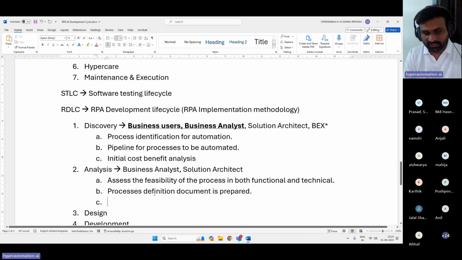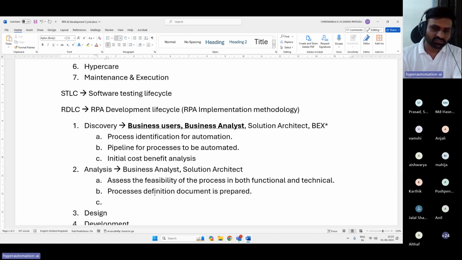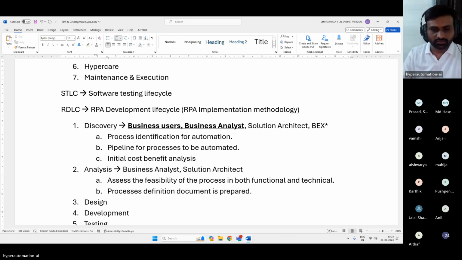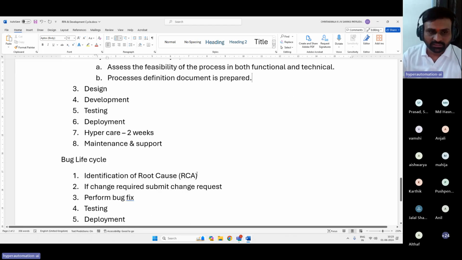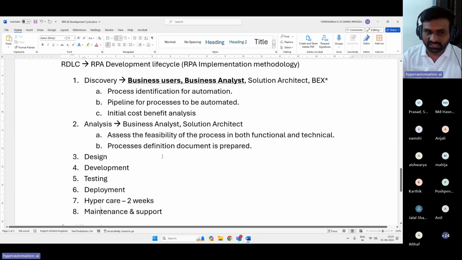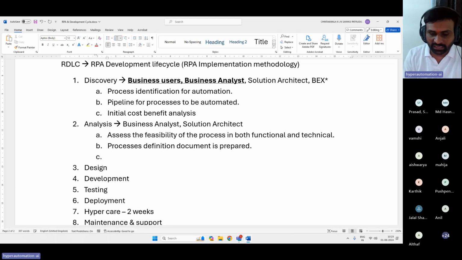And here in the analysis phase, once the process definition document is prepared, we may need to calculate the ROI also, like an initial estimate of return on investment. But majority of the times we will give the ROI after the maintenance only. Like we will showcase the ROI, but here we will be providing the ROI report also.